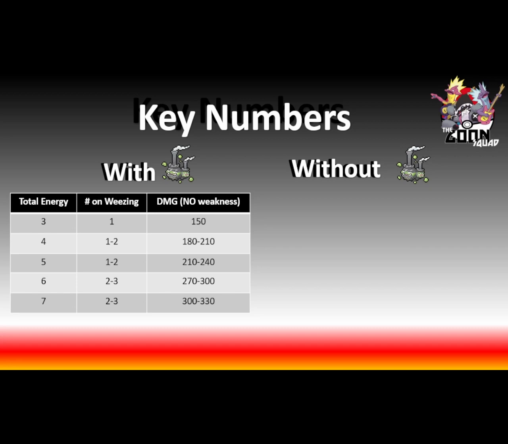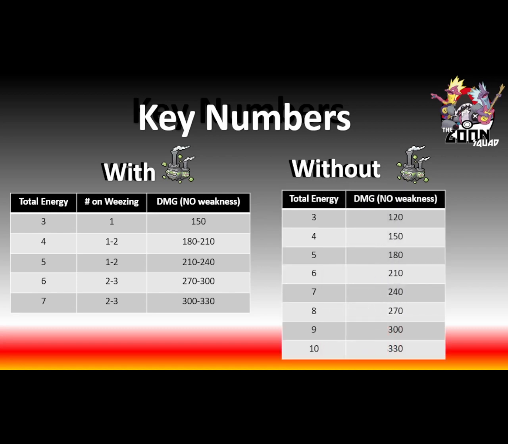So 7 energy gets you up to 330 by putting 3 energy on Weezings. It could be spread out on 2 Weezings or all on 1 Weezing. Here are the numbers without. As you notice, there will be other variants I'm going to talk about, but if you don't play